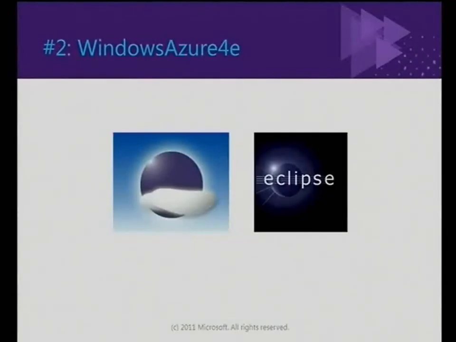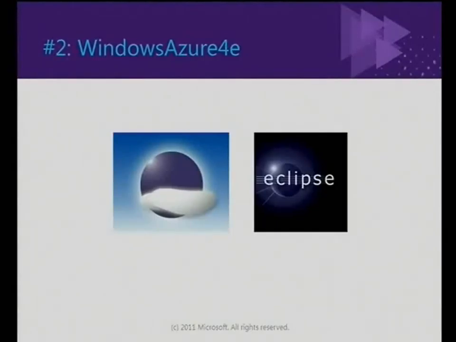Now, there's one download which is called Windows Azure for Eclipse that you can get installed in Eclipse, and it provides you the same features, at least close, that are there in the Visual Studio IDE. Things like you'll be able to look at a Server Explorer, and what you saw in Server Explorer, look at some of the instances and all that. You'll be able to do it from Eclipse, and you'll also be able to deploy it into your compute emulator. So let me quickly show you how that's done.